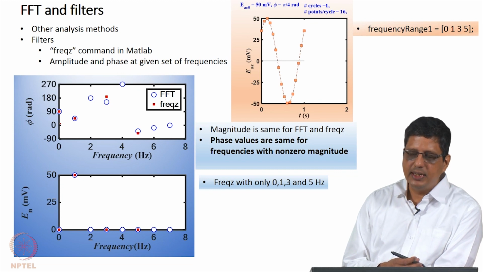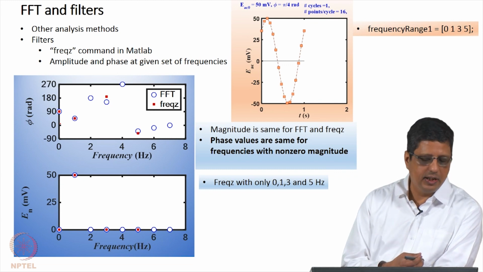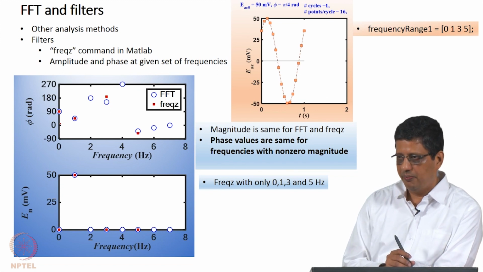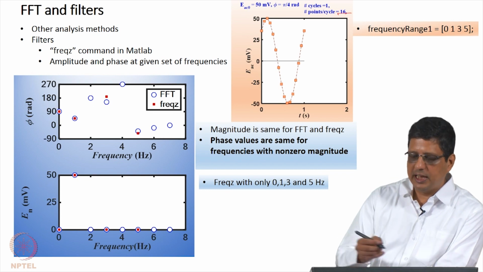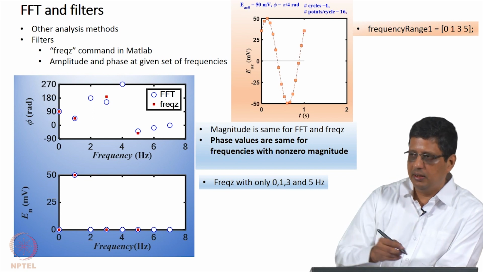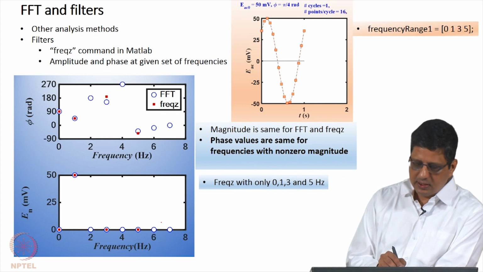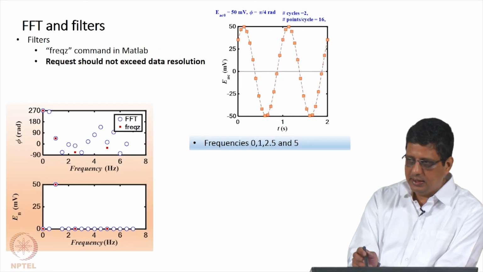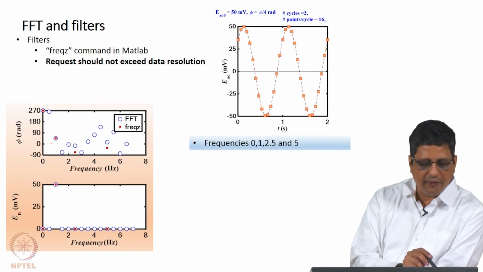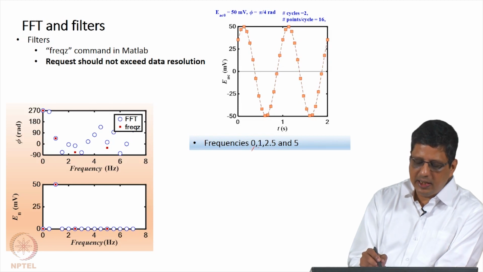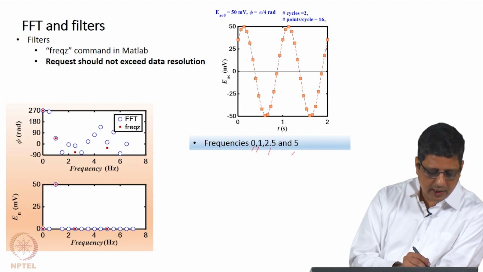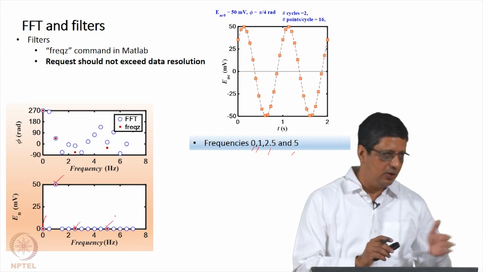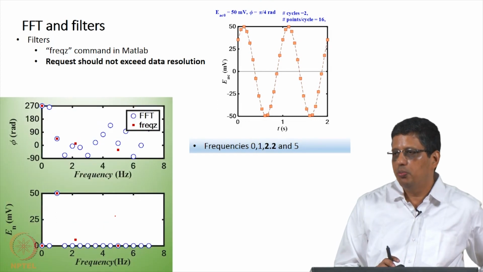However, with this data, I can ask this filter to give me data at 1.5, 2.5, any number I want. Here I got only 16 points per cycle and I got 1 cycle. So, I can go up to 7 hertz, at a frequency step of 1 hertz. If I go to 2 cycles, I can go at a frequency step of half hertz. If I say give me data at 0, 1, 2.5 and 5, it gives data at 0, 1, 2.5 and 5, no problem. I can also tell the filter give me data at 0, 1, 2.2 and 5.